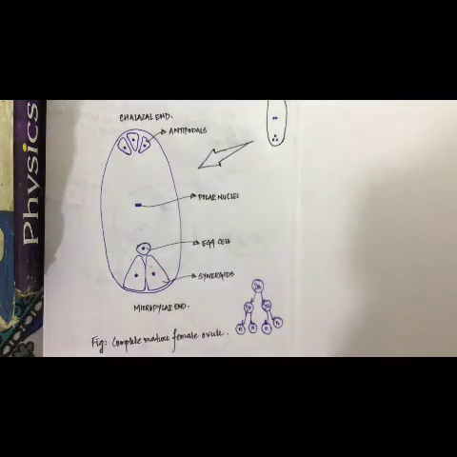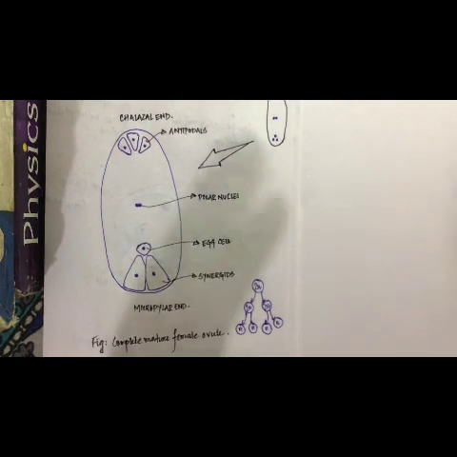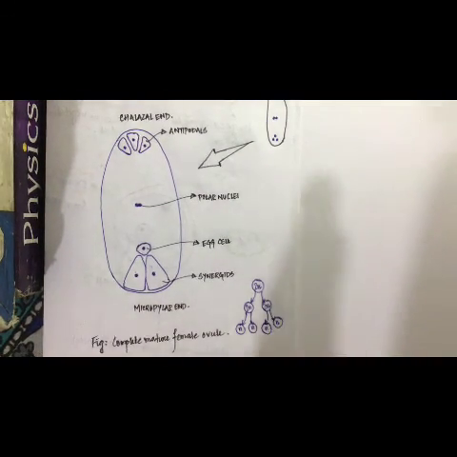So what happens to the rest of the structure? What is the process of fertilization? How does this fertilization occur? We'll see in the next class. Till now we have completed the pre-fertilization events of sexual reproduction in flowering plants. In the next class, we'll be discussing fertilization, and finally after that, post-fertilization events will come.